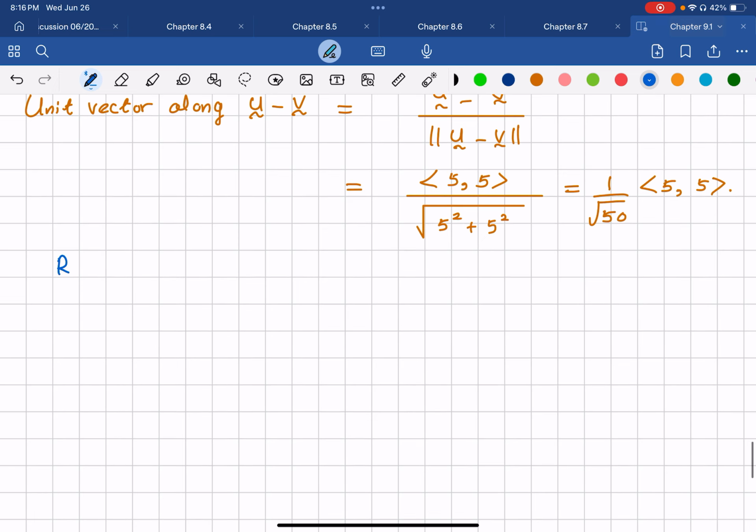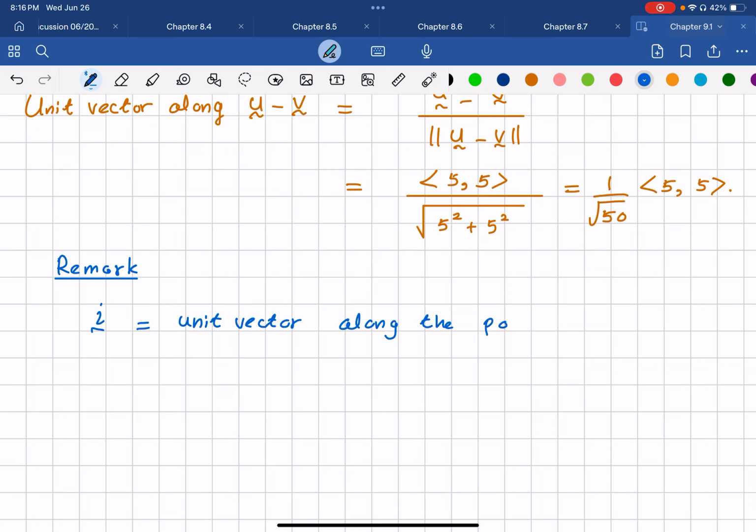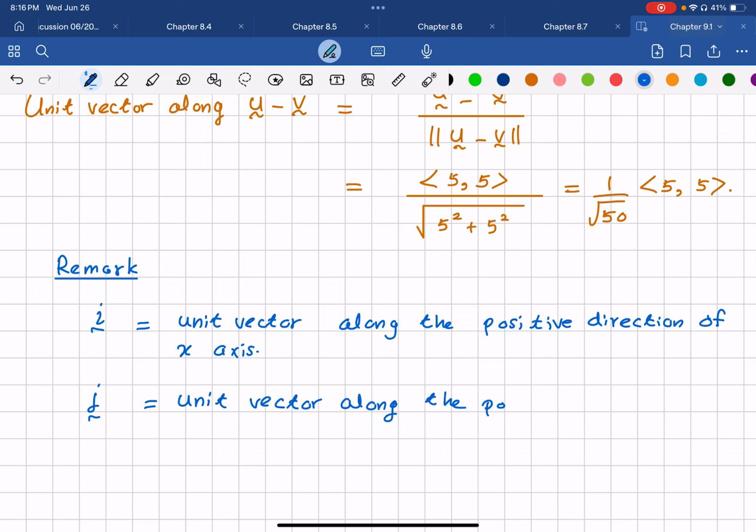And then I would put another remark about i and j. i is the unit vector along the positive direction of x-axis, and j is the unit vector along the positive direction of y-axis. Okay,